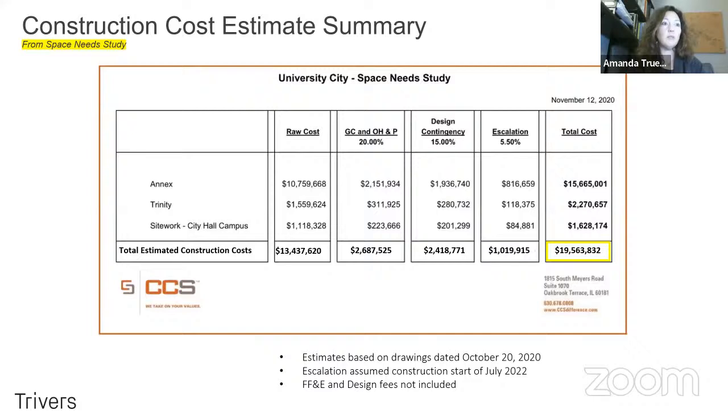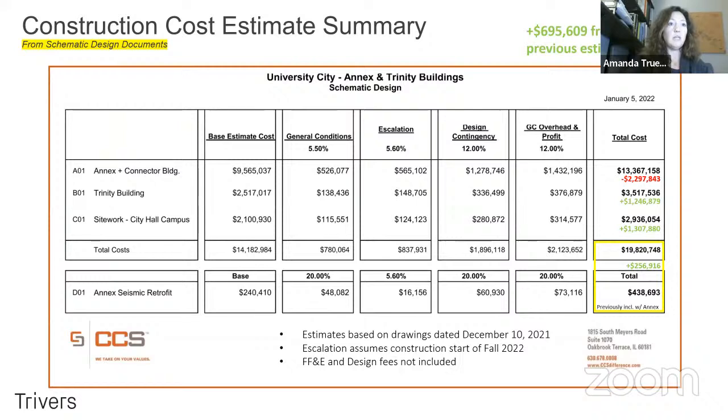So I won't go too much into this slide. You've seen this summary before. We shared this in our summary of the space needs study. That study came into these selected projects for the Annex Trinity, and site work came in at 19.5 million. When we get to this project, we're at 19.8 plus the structural retrofit, which represents about a 3.6% increase over